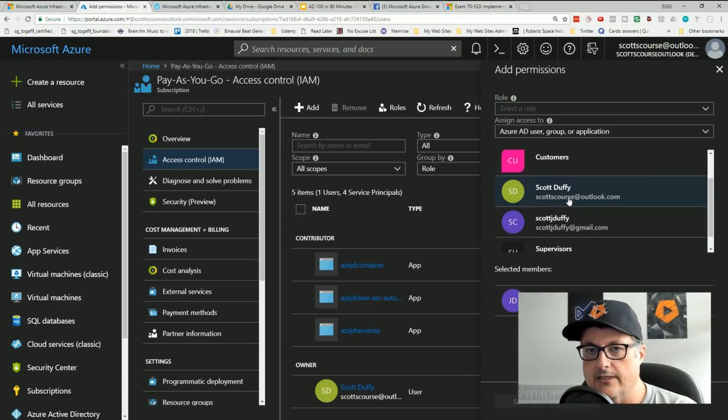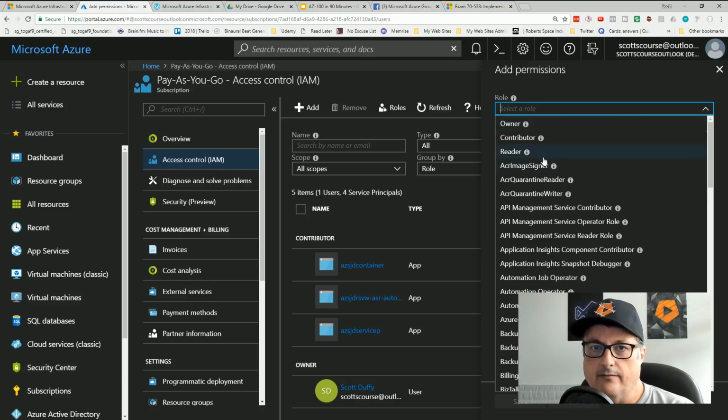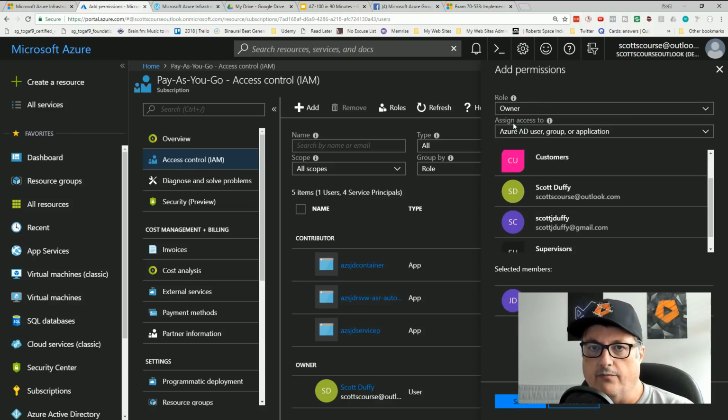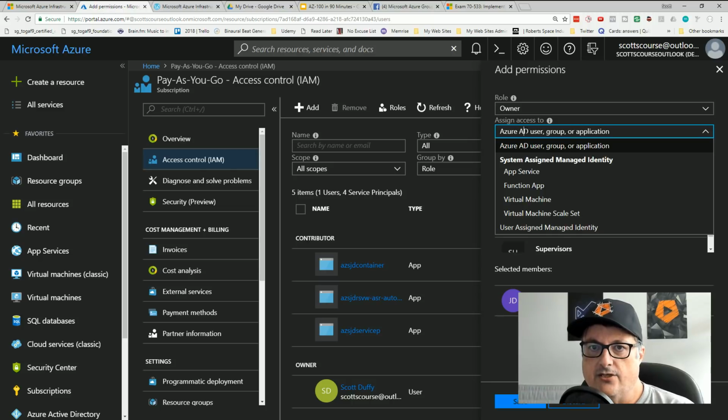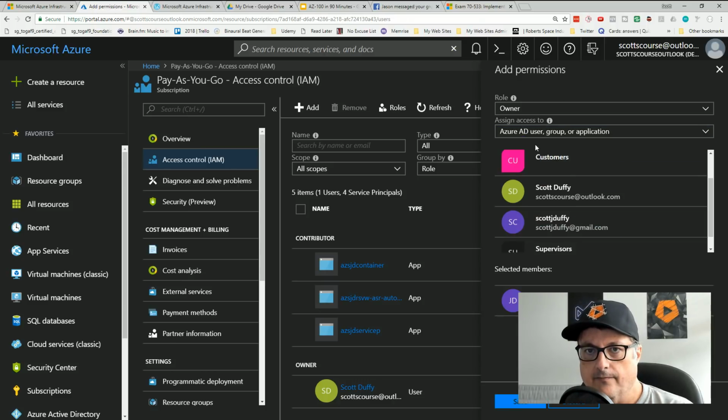Let's talk about this. John at Cloud Cafe. I guess I could give him owner access, which is administrator level privileges. Access to Azure AD group or application, app services, function app, virtual machine.